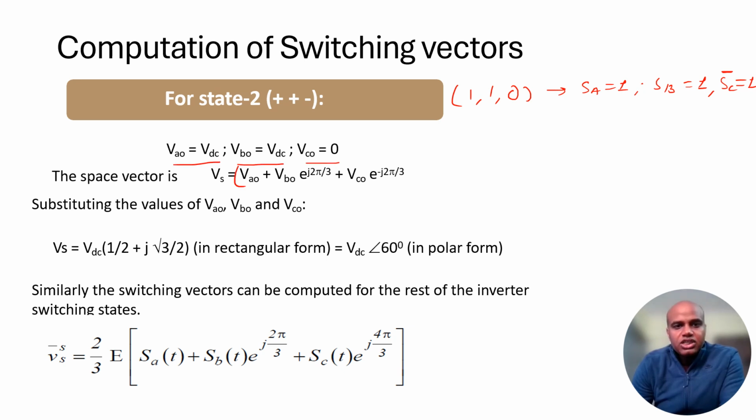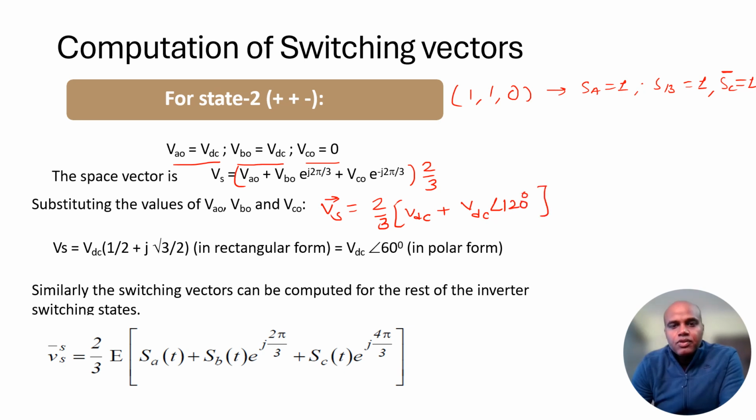For finding the state vector, this has to be multiplied with 2 by 3. So putting the values of VA and VB in this equation, we have the space vector Vs equal to 2 by 3, putting the value of VA, which is VDC, and plus the value of VB, which is VDC,